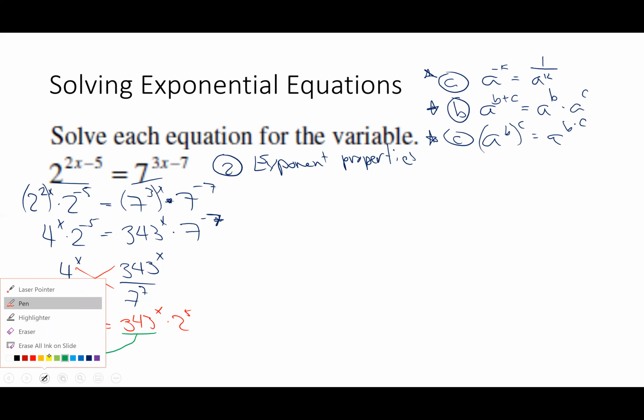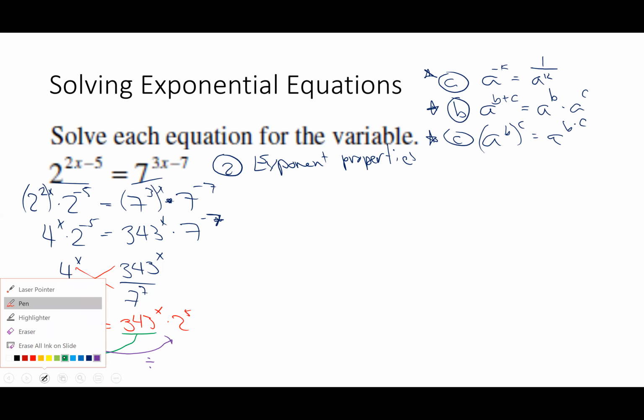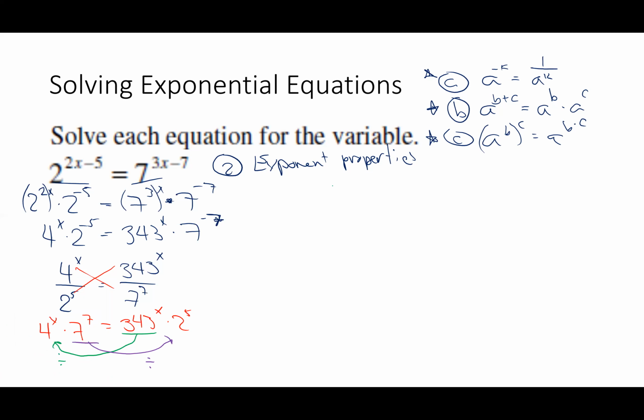And I'm going to use division to move this guy over here. So I've got the numbers on the same side. And so now what I end up with is 4 raised to the x over 343 raised to the x power is equal to 2 to the 5th divided by 4 to the 7th,